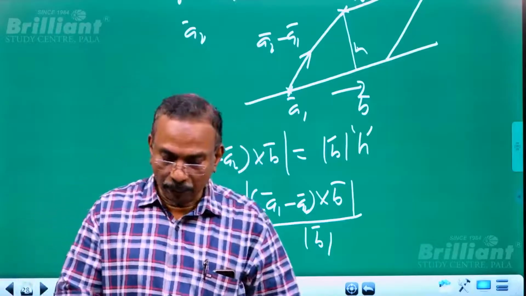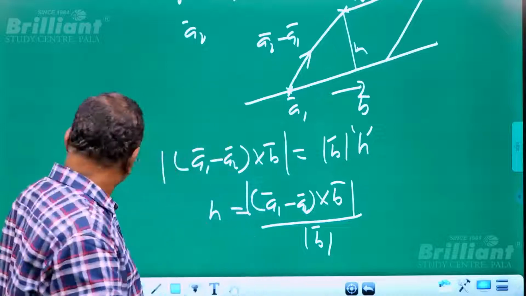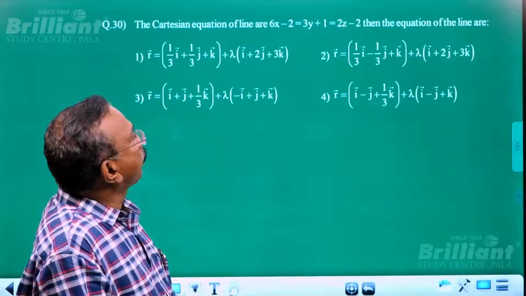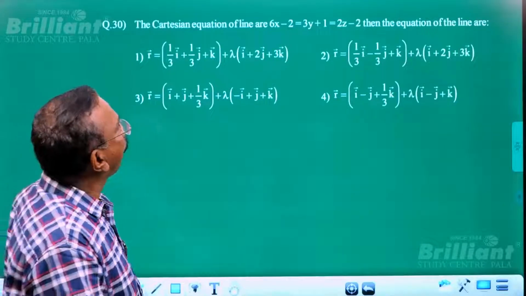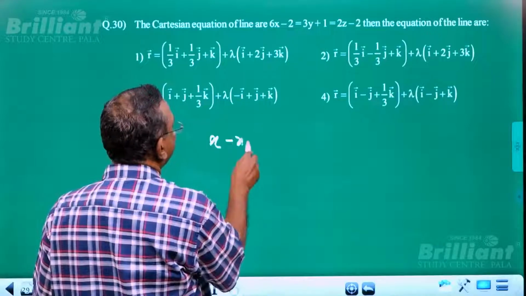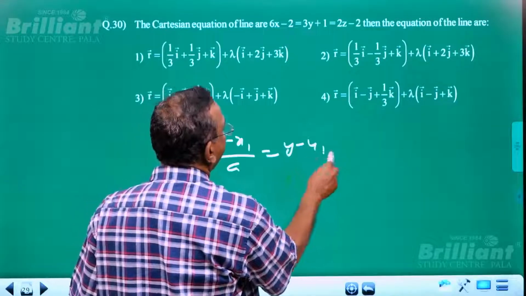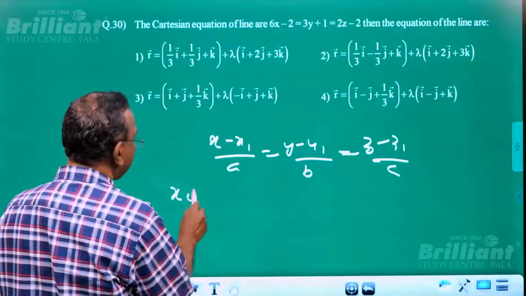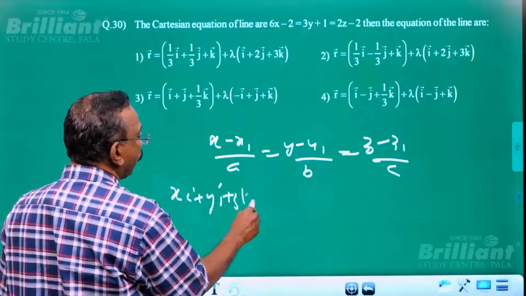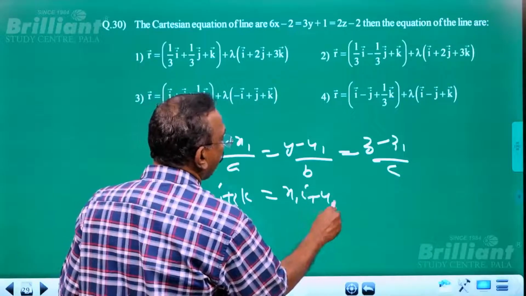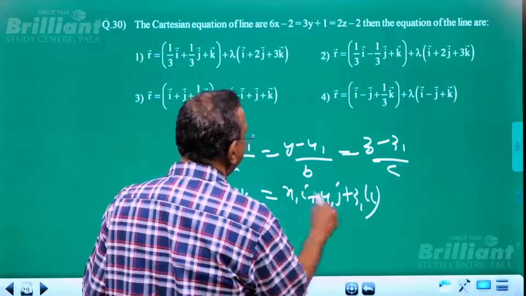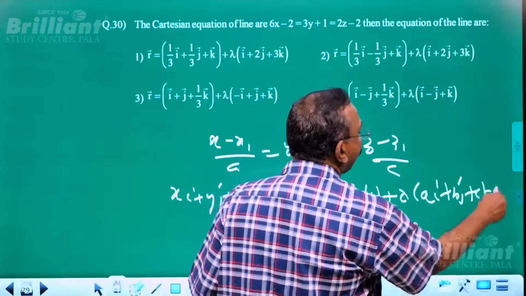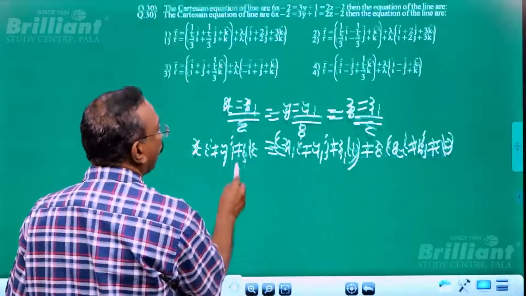Okay. Now I come to the next problem, question number 29. The Cartesian equation of a line is 6x minus 2 equal to 3y plus 1 equal to 2z minus 2. We already discussed the way: if it is x minus x1 by a equal to y minus y1 by b equal to z minus z1 by c, then you can easily write down xi plus yj plus zk is equal to x1i plus y1j plus z1k plus some lambda into ai plus bj plus ck